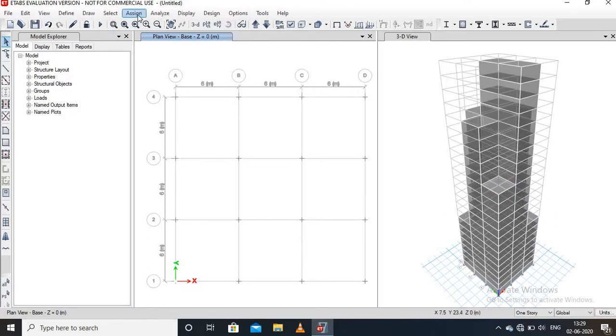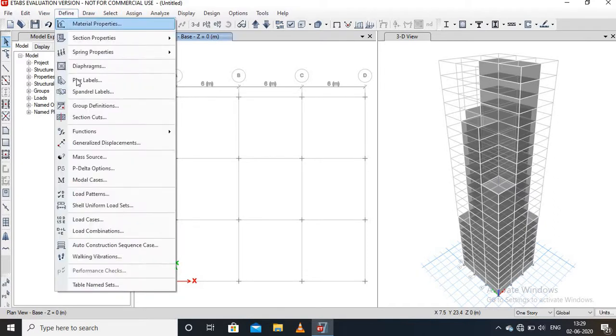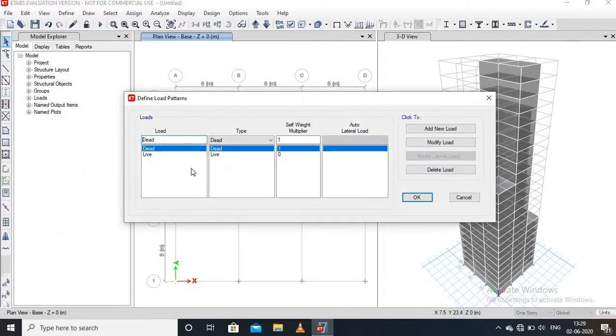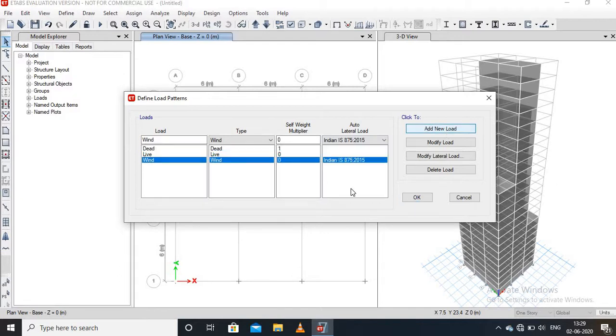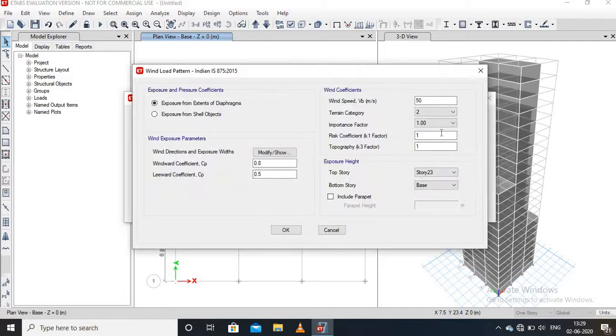So first of all we have to define the wind load. For defining the wind load, go to the Define menu and then go to the load pattern option, then change it to wind, go to the wind option and then select IS 875, then add new load, then go to the modify lateral load option and we have to fill in the wind velocity.